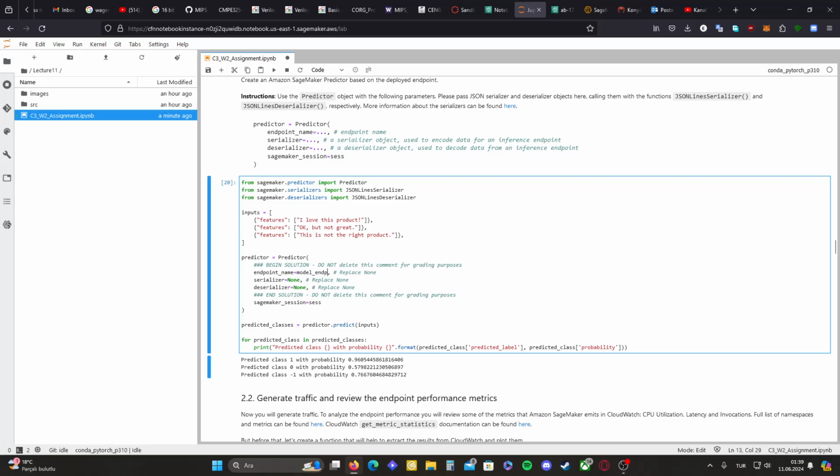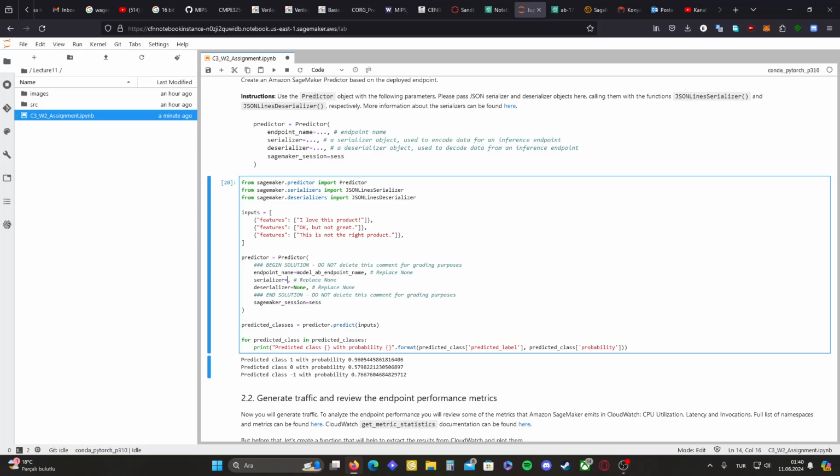Sorry, the keyboard has just changed. So model AB endpoint underscore name, and here